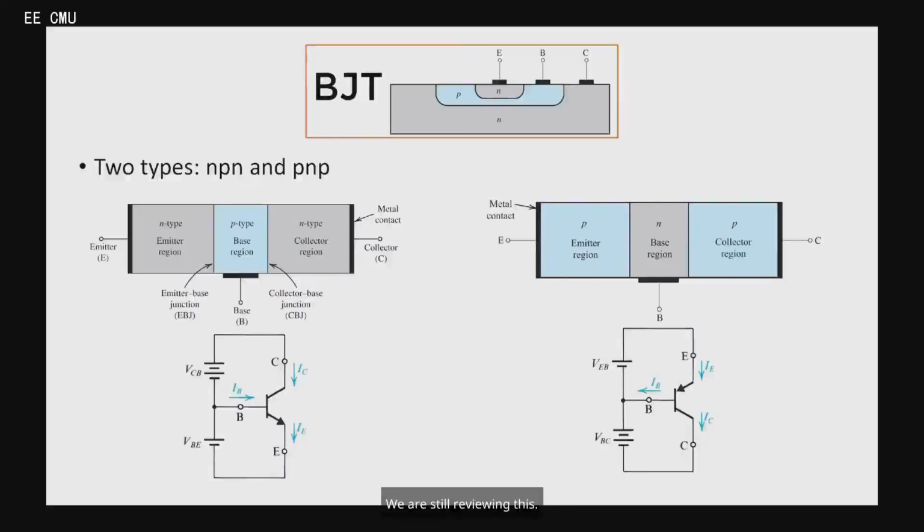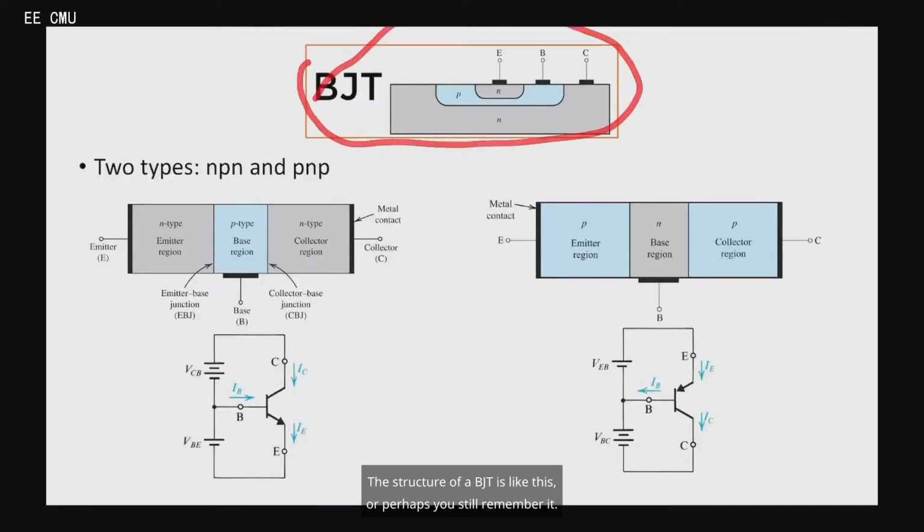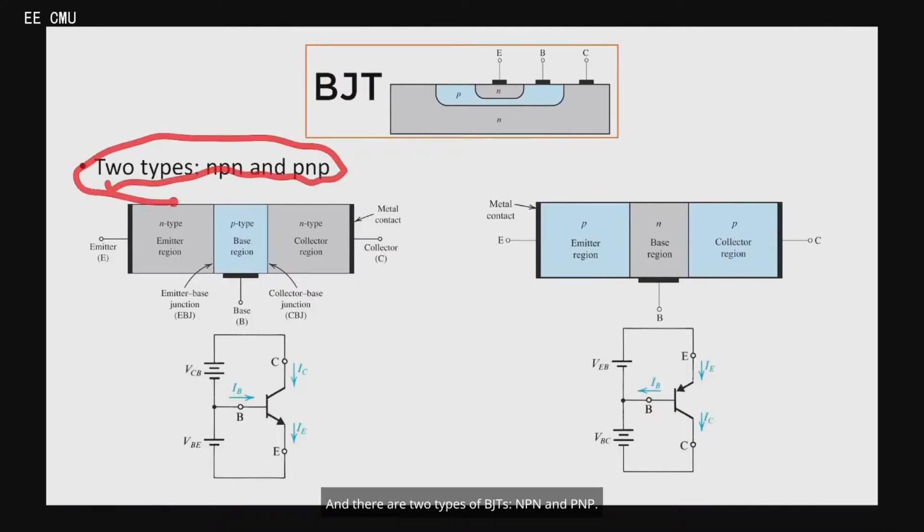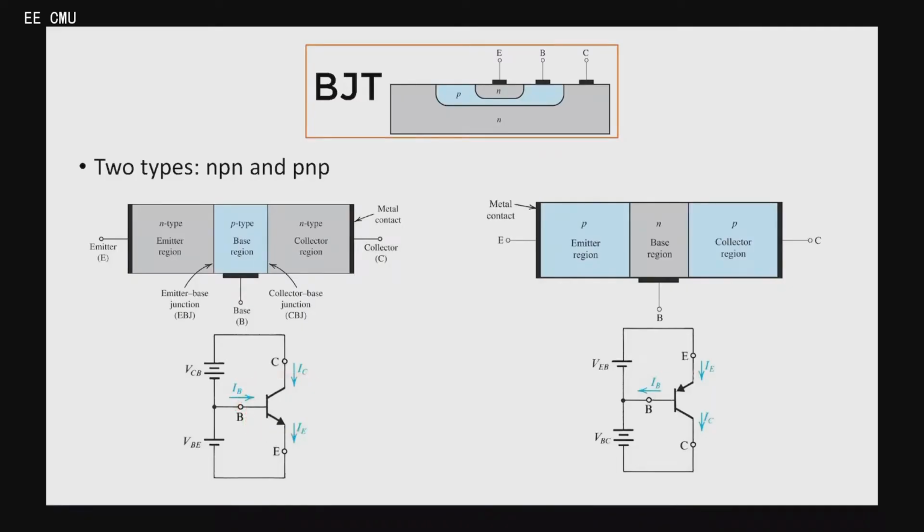We are still reviewing this. The structure of a BJT is like this, or perhaps you still remember it. And there are two types of BJTs, NPN and PNP. The circuit symbol for NPN looks like this. This one is PNP, and as you can see, we swap the emitter and